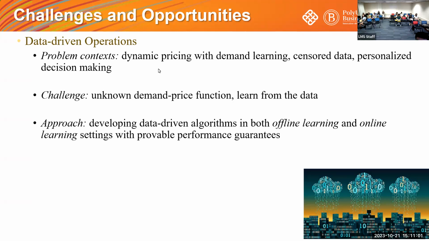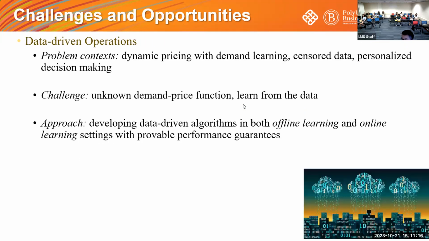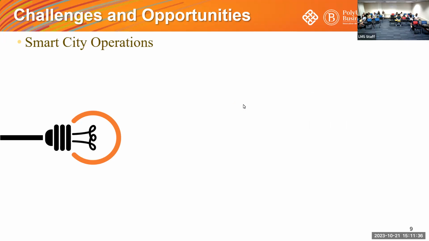So we can learn from the data the demand price function. We can see what the relationship is between the price and the demand. This is what we can learn from the data. Once we have the data-driven demand price function, we can continue to make our decision. That decision will eventually be the pricing decision, so that we can manage the demand. And